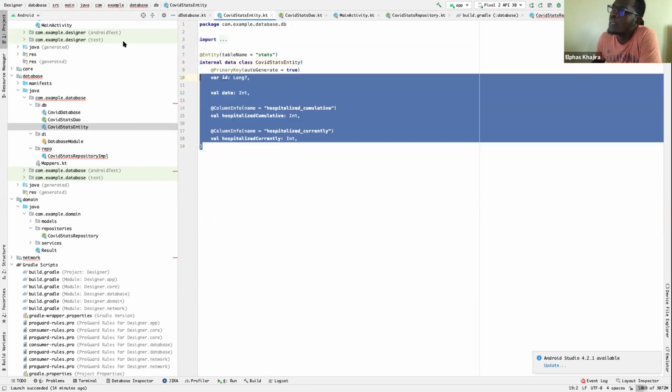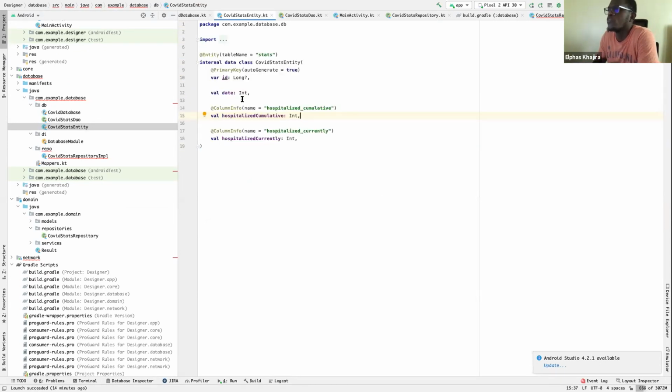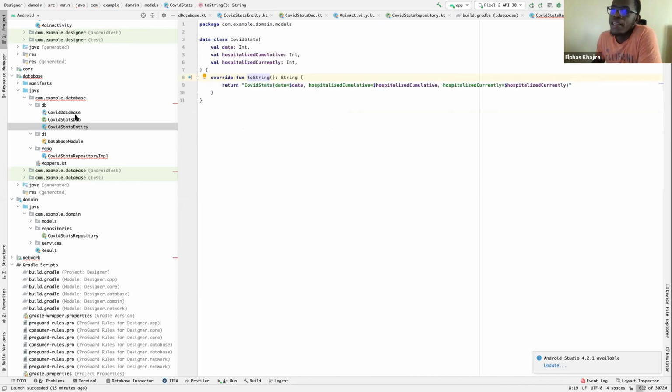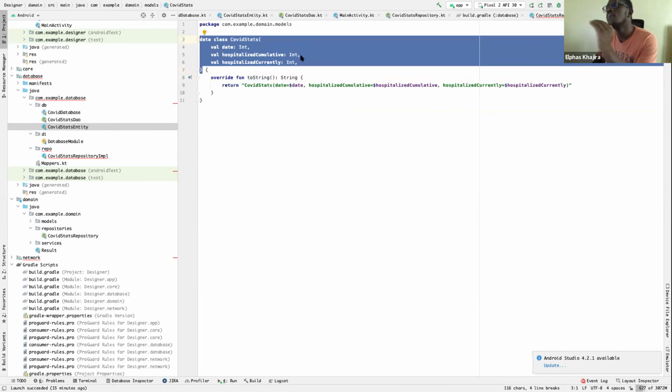It's actually the same, but it does not have any Room implementation details. So we have that. And then we'll need to define a mapper to do a bidirectional mapping. If you're saving stuff, you'll need to map it from this to the entity. And if you're querying, you'll need to map from entity to this.